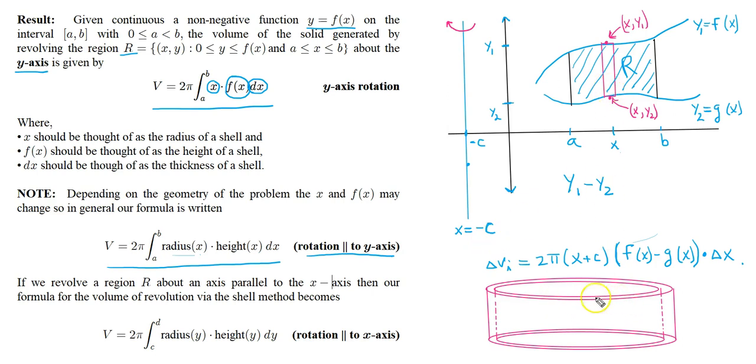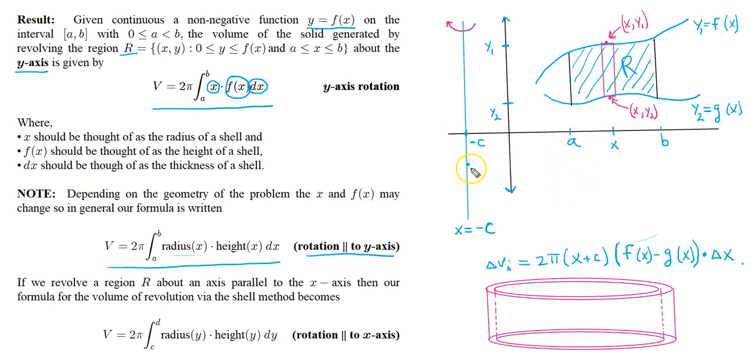Now, to calculate the volume of this shell, it's going to be 2 pi times the radius of the shell times the height of the shell times the thickness of the shell. Okay, so we need to calculate the radius of this shell and the height of the shell. All right, well, notice that